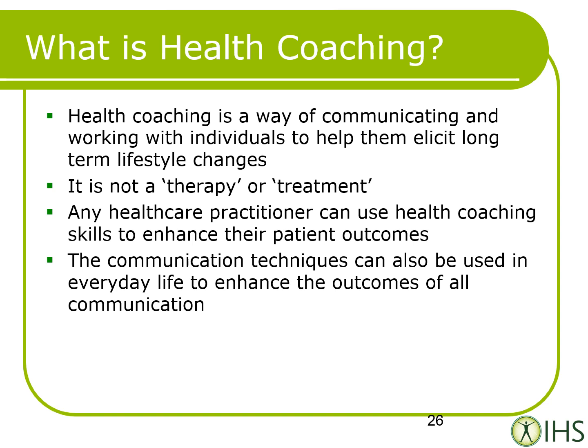It's not a therapy or a treatment, and that's very important to know as well. Any healthcare practitioner can use health coaching skills to enhance their patient outcomes. And I've been teaching groups of individuals for a good number of years now in our health and wellness coaching